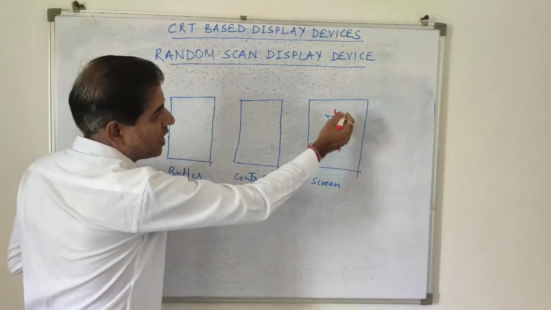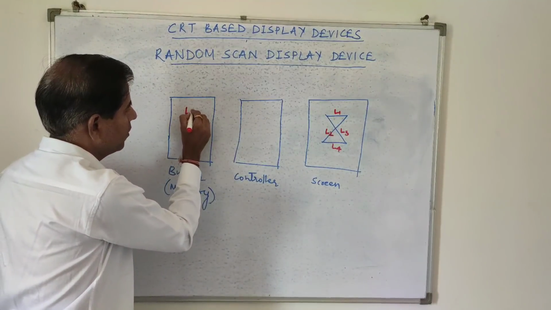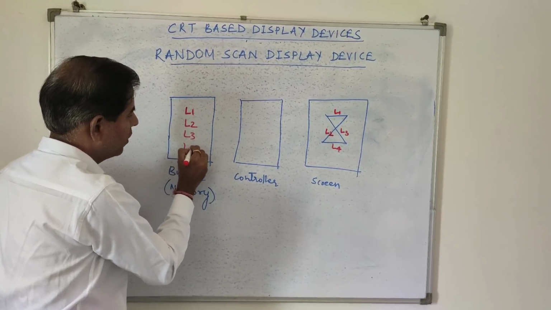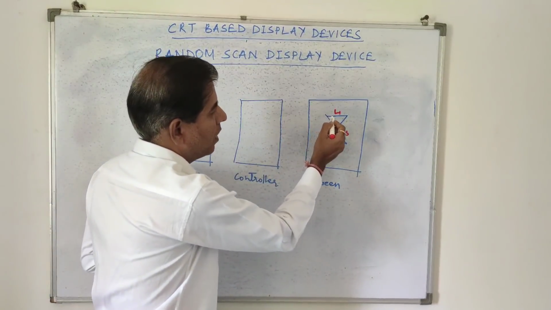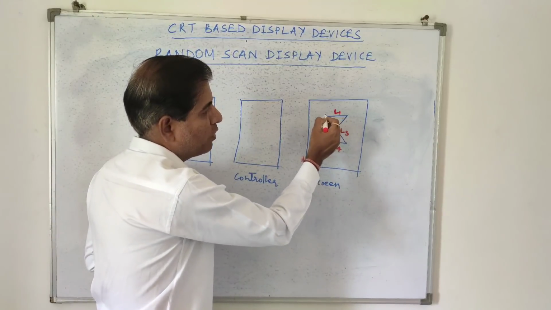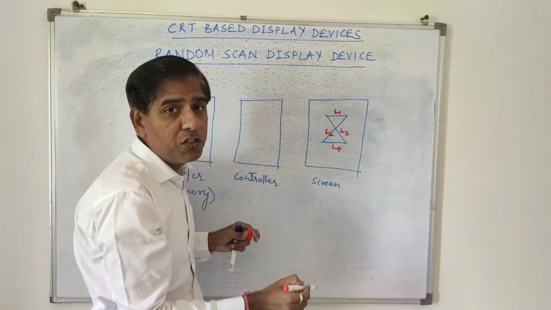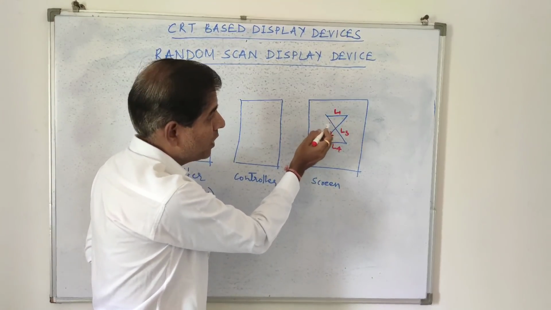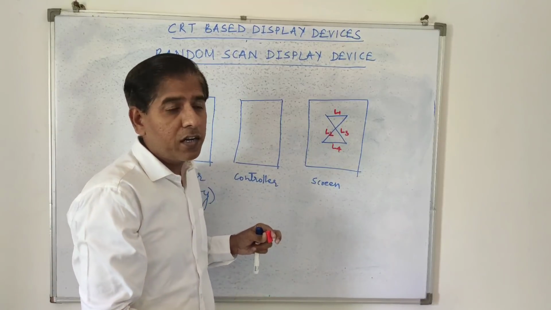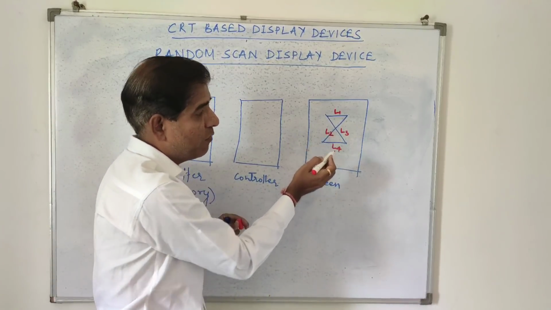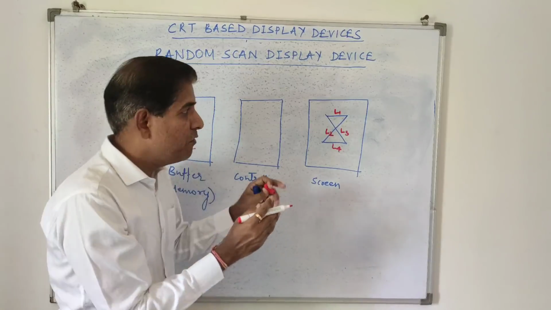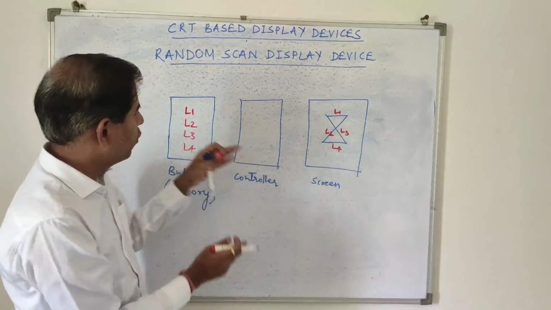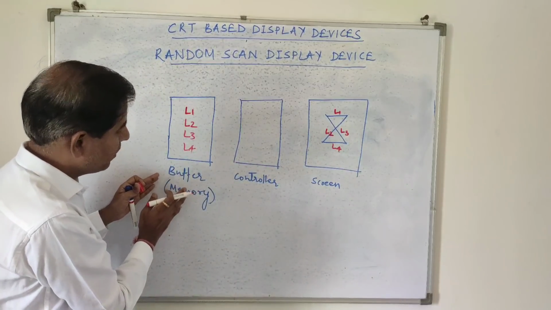Information means L1 starts from which coordinate and ends at which coordinate. L2 start point is which coordinate and end point is which coordinate. Similarly L3 and L4. So the information of L1, L2, L3 and L4 is stored in this memory or buffer,